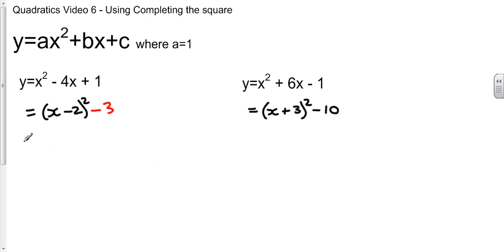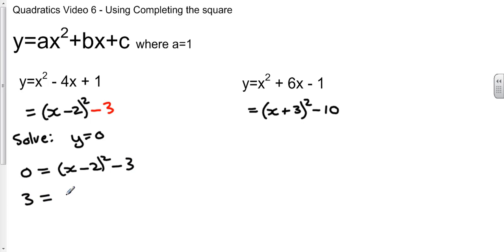Now, we can do two things. First of all, I'm going to solve. And if we're solving, that means that y equals 0, which means that 0 is equal to x minus 2 all squared, and that's minus 3. Rearranging the equation, if we add 3 to both sides, we'll end up with